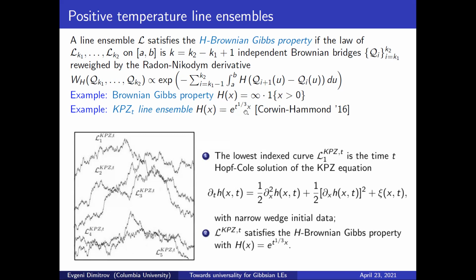Now, as t tends to infinity, this function will exactly converge to the function that we had here, underlying the Brownian-Gibbs property. And that one demanded that all the paths are strictly ordered. So as t varies from 0 to infinity, you go from complete disorder to complete ordering of the curves. As I mentioned, there is an actual line ensemble that has this interaction Hamiltonian, and I'll explain what the differences are between this ensemble and the Airy line ensemble.